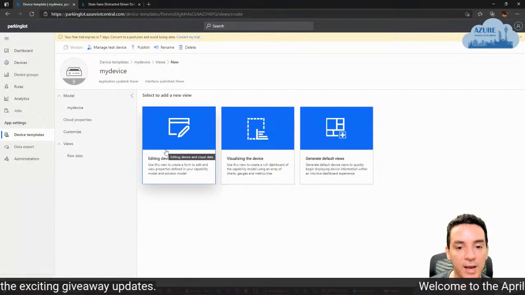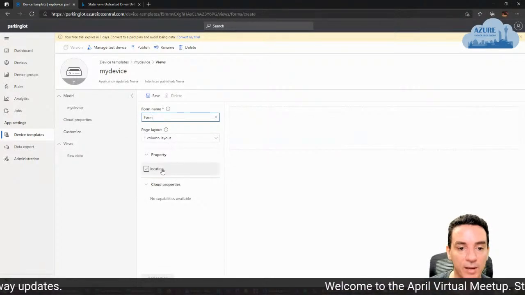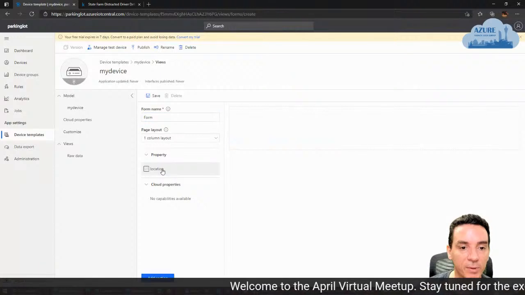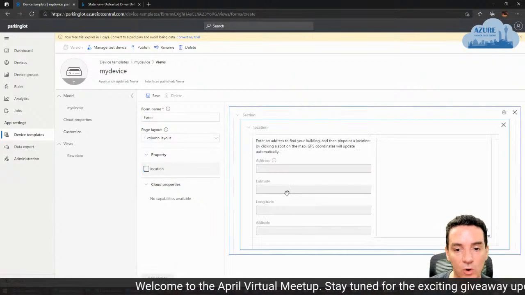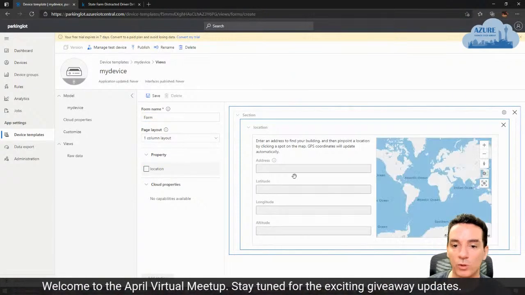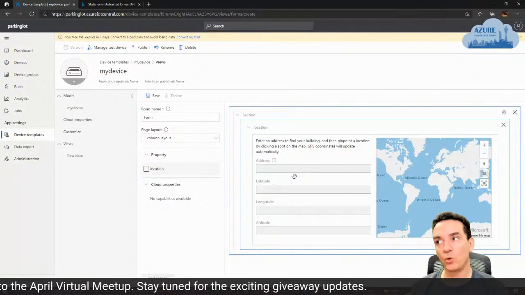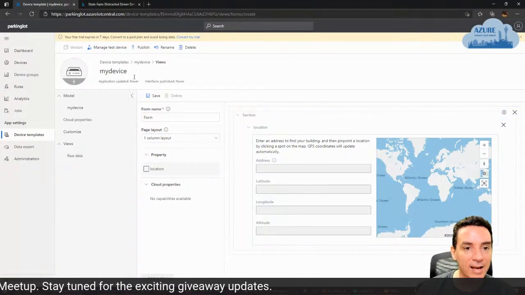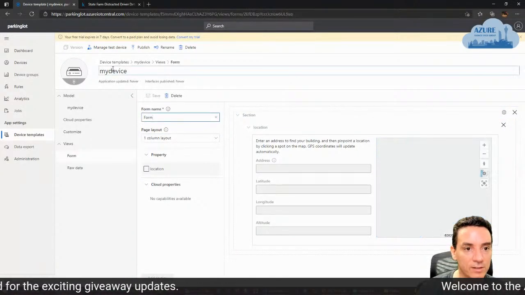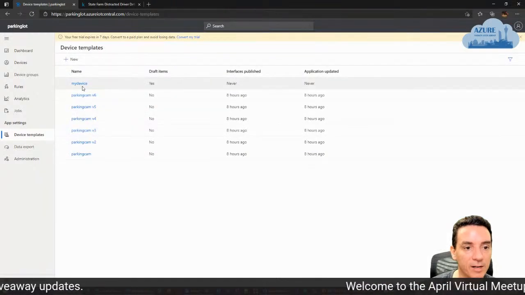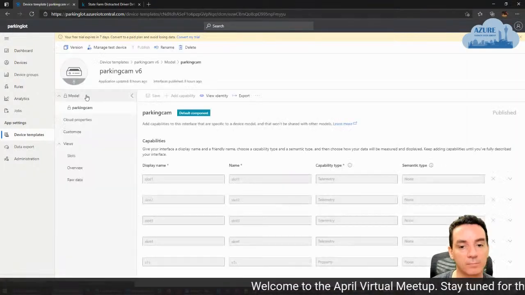You can create some views. For example, let's add some properties, and you can add a section with the properties for the location. It's going to show something like this. So you can create your own templates. Let's save this. I have created a template here for the parking cam, the parking lot cam.